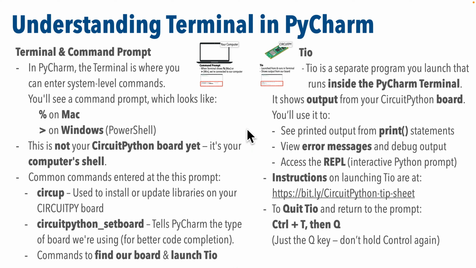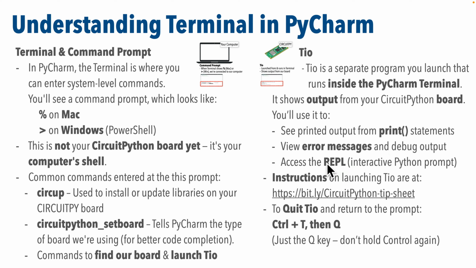So what's TO? Well, it's a separate program that you launch from the terminal. Now you'll still see the output in the terminal, it'll still be text, you won't see another window open up. And TO is going to show us, through the terminal, what's going on our CircuitPython board. So when you see your command prompt for Mac or Windows, you're on your computer. When we're in TO, we're looking at our board. So we're going to use TO to see printed output from things like the print statement, to view error messages,